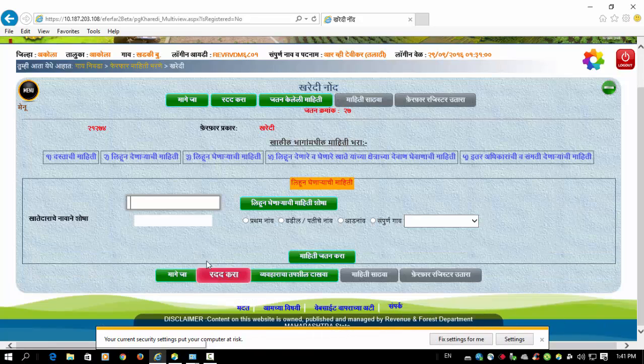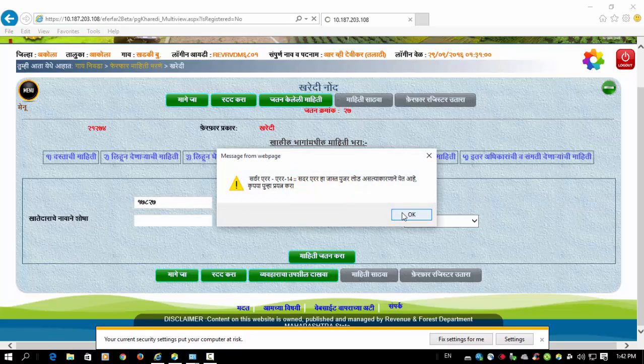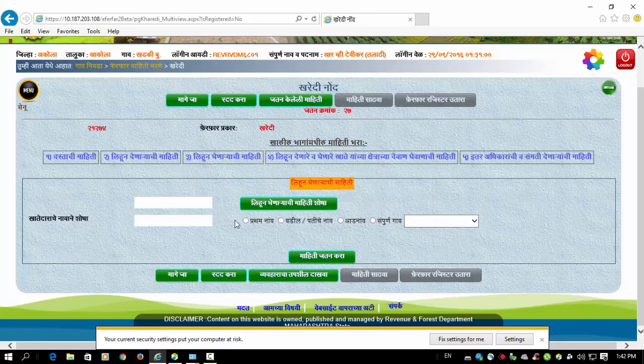Now we select the proper purchaser of this land. Its account number is 17818.